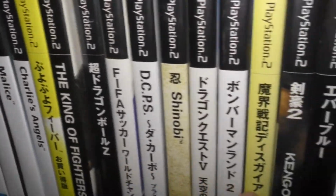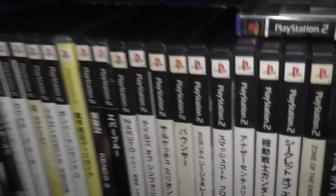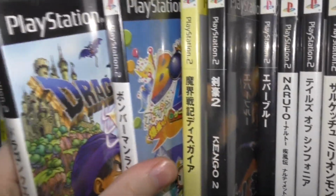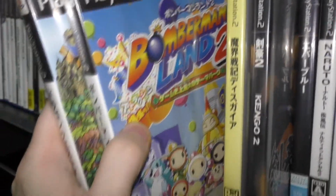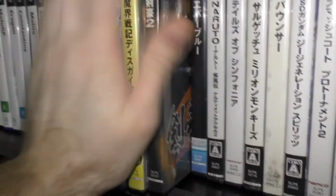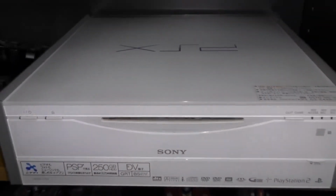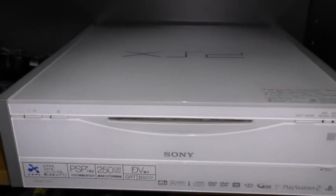And then I've got a lot of Japanese imports as well. I've probably got about 100 or so of these. Not so much here because, like I said, some are stacked in a cupboard, but you get a rough idea. Bomberman Land 2. And obviously to play those games you need a system, and this one will do it. It can play PlayStation 2,